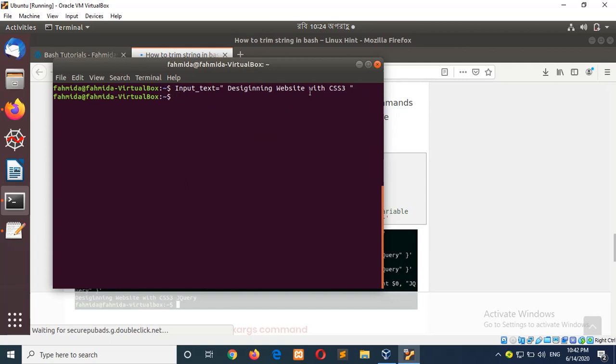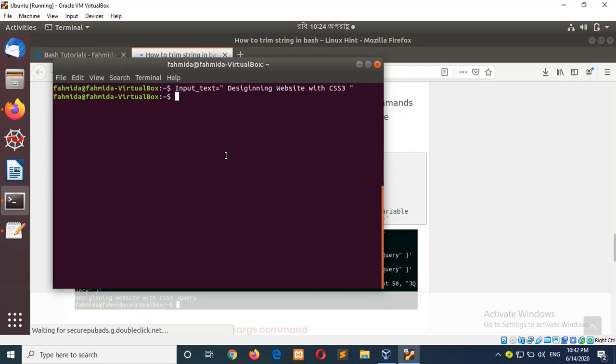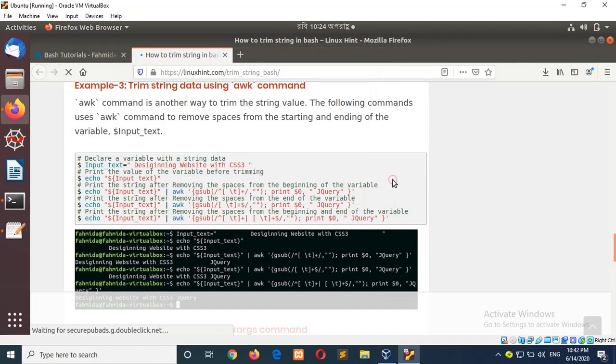The content is designing website with CSS, and there is extra space at the starting and ending. Now, just print the text before removing the space. And next, using the awk command,